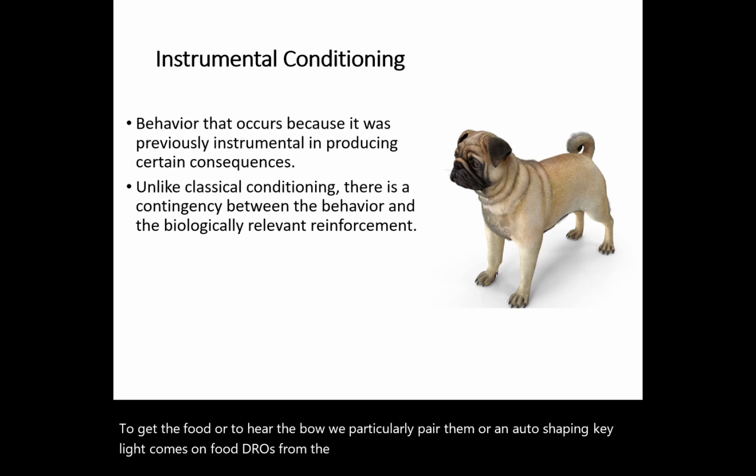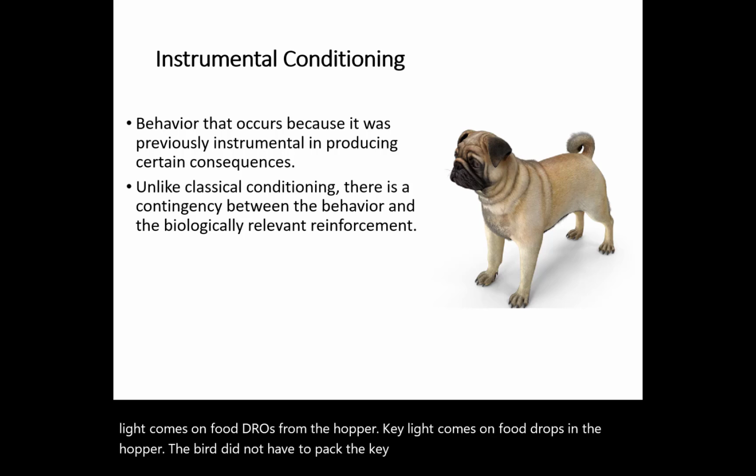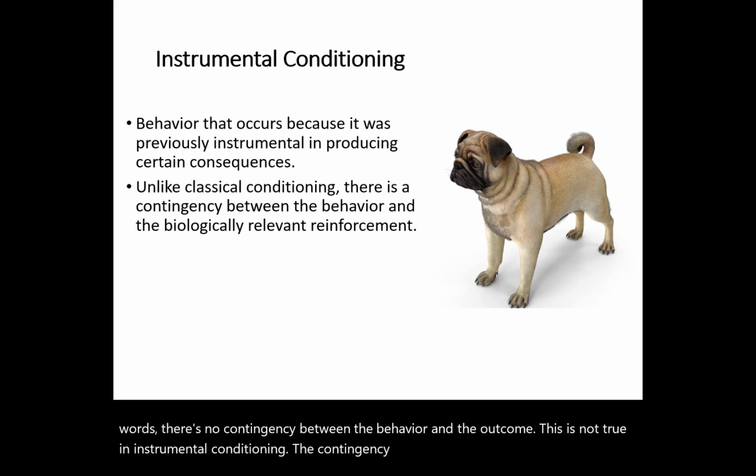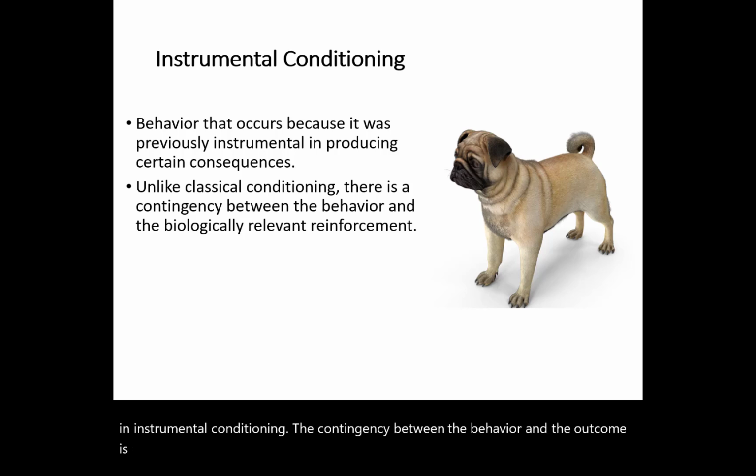Key light comes on, food drops in the hopper. The bird did not have to peck the key light in order to get the food. In other words, there's no contingency between the behavior and the outcome. This is not true in instrumental conditioning. The contingency between the behavior and the outcome is really important, and we're going to have a whole lecture on